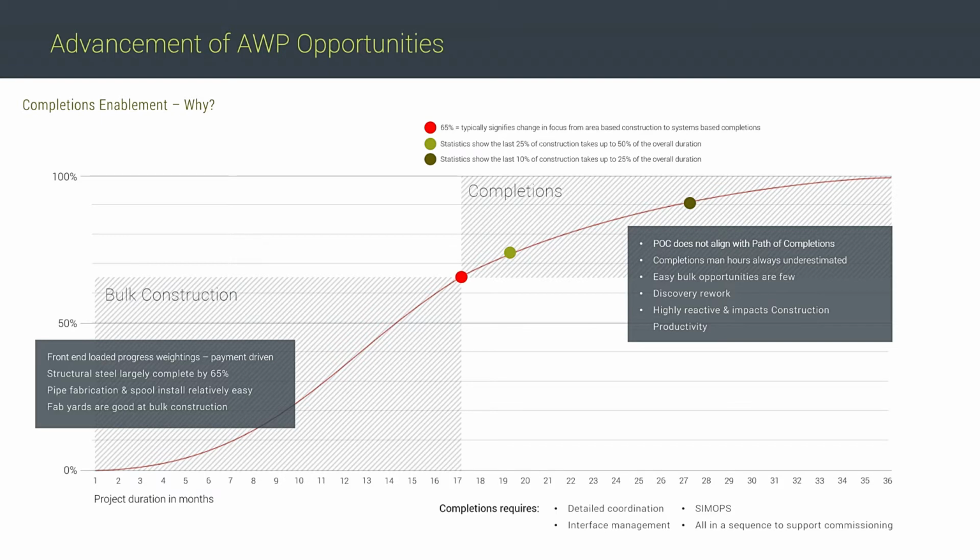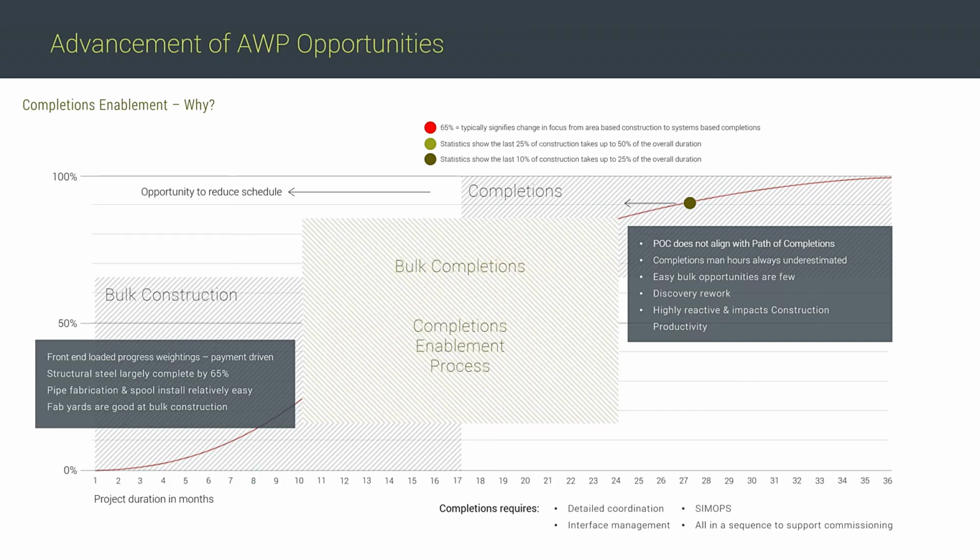So completions requires a detailed approach, coordinated with interfaces, understanding the SIMOps, and all done in a sequence to support effective commissioning and startup. So the opportunity here to reduce schedule is to bring the activities that typically fall in the last 30% forward. When we do this, all these milestones naturally come further forward. And what we're actually aiming to do here is add an extra phase, which is bulk completions. Irrespective of the system priority, we want to be liquidating as many completions opportunities as possible to open up downstream